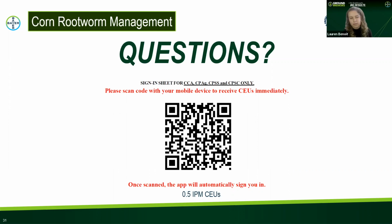So on any of your first year corn, you come out of wheat or soybeans the year before, you're not going to need the SmartStax trait or that below ground protection. Although if you are in a heavy pest pressure environment, that crop of corn, if it does go into second year corn again, could very well be at risk, and then we'd be recommending the below ground traits. So if you are well rotated and it is first year corn, you really shouldn't be needing that additional below ground protection. But if you are into that second year corn environment, it's really something you should be thinking of and consulting with your seed dealer and agronomist to really make